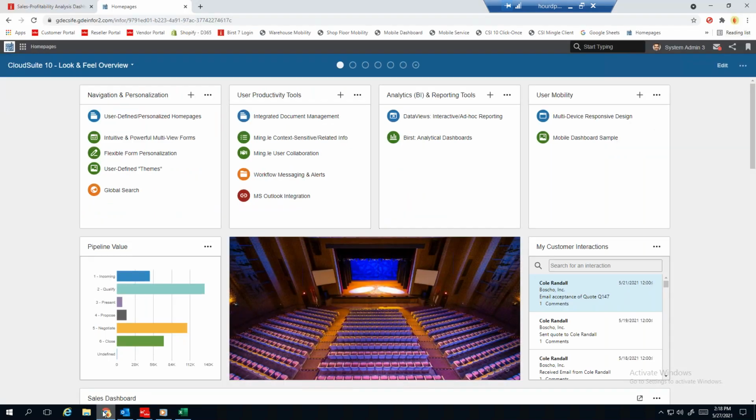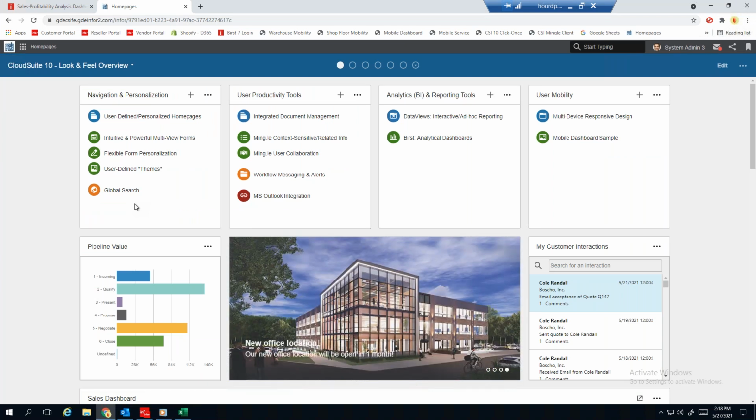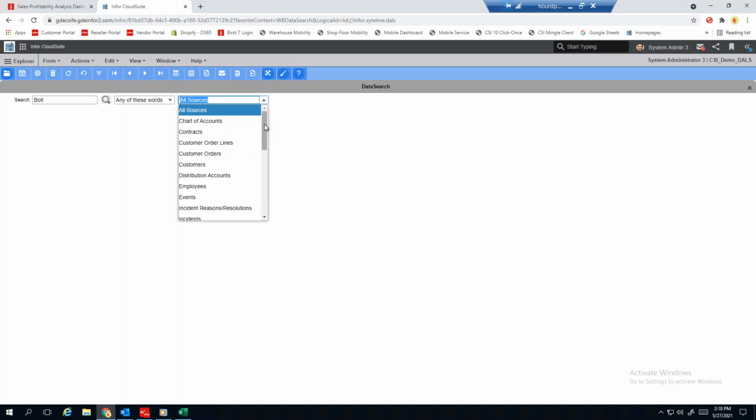Some of you may have used global search if you're in a later version, but it's a little bit enhanced in 10, where it's giving you maybe some more search capabilities that you didn't have before. Think of this as a global search capability, like a Google search, where I know part of a name of something. Maybe it's a customer, maybe it's an item. So I'm going to put in the word bolt, and I've got some logic I can apply to that. Begins with, contains, etc. I'm just going to say it can contain any of these words, and I can say from all sources in the system, so it's going to search basically all tables, or I could select a certain